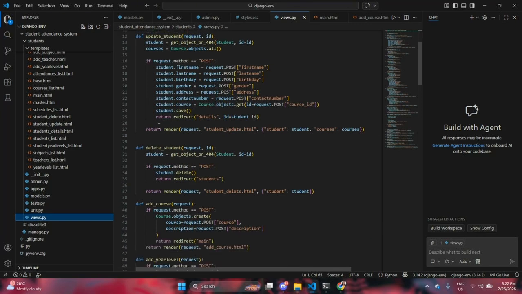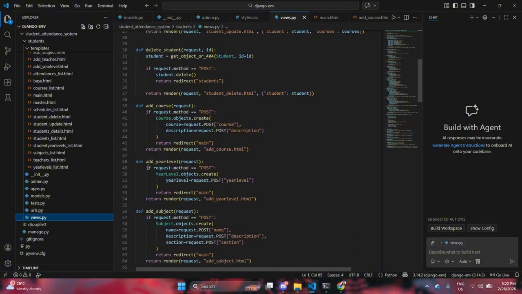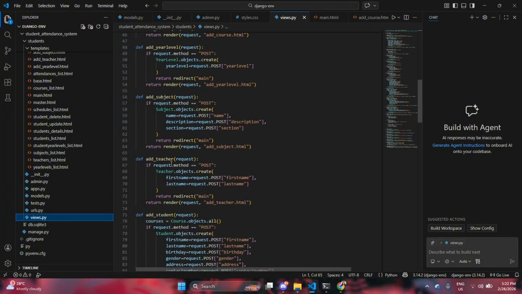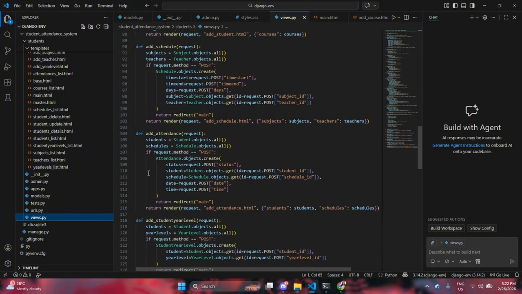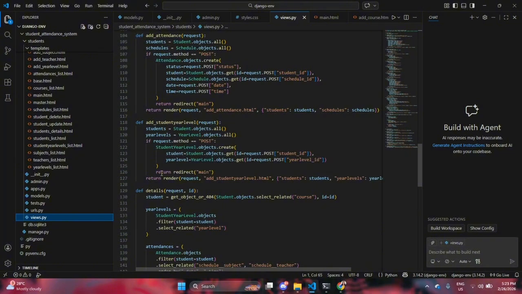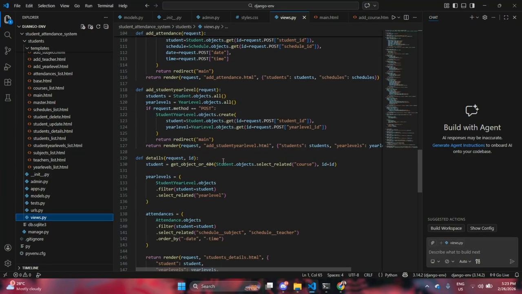here, then delete to delete students, then views to add course, add year level, add subject, add teacher, add student, add schedule, add attendance, add student year level, and for the details to show the student's full information using the student ID.